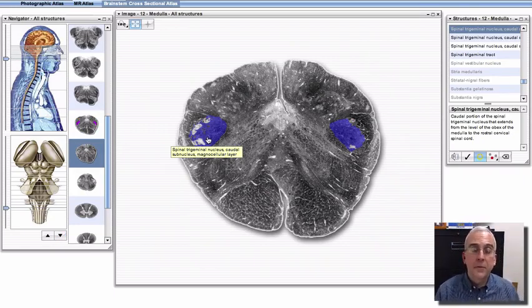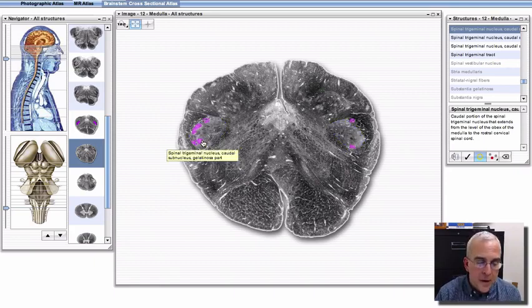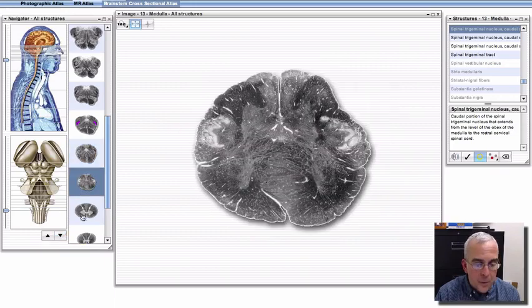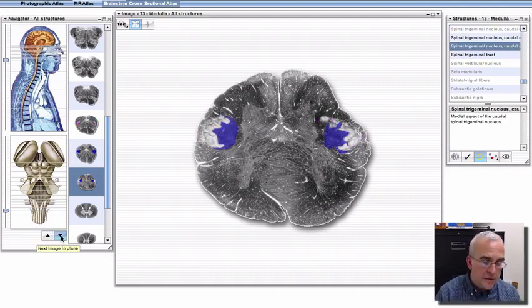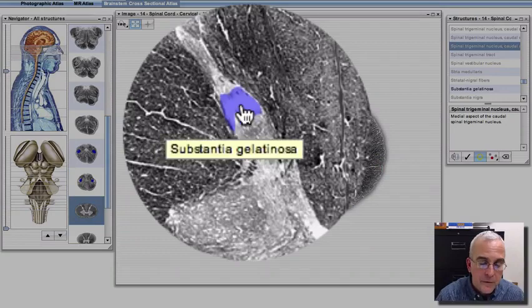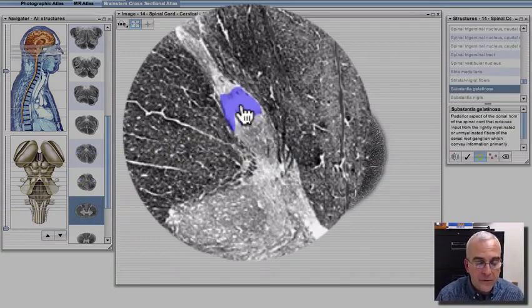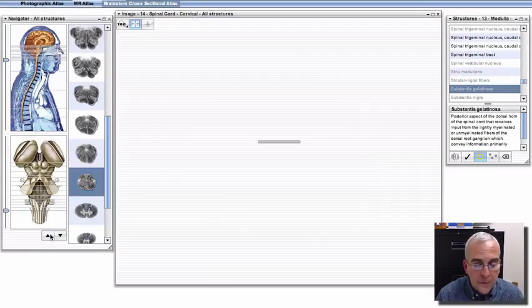There are really multiple subdivisions that have different functions in the sensations of pain and temperature derived from the face and the oral cavity. We won't get into all of that now, but I'll just point out to you that that's why we see these various divisions in Sylvius here. Now, these divisions eventually seem to run right into the dorsal horn of the spinal cord. So there's this bright compact part called the substantia gelatinosa,